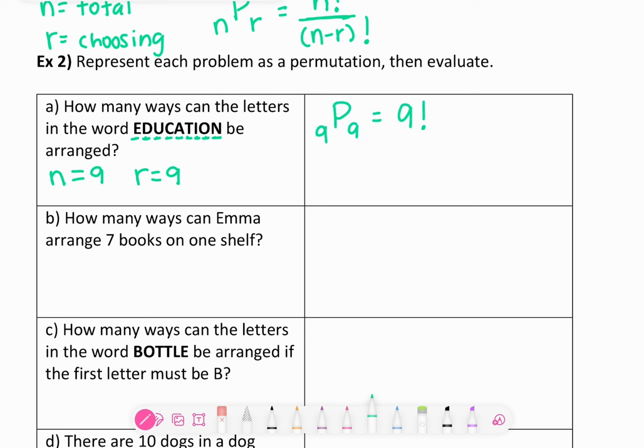So 9 factorial. Now, if you remember, on the front, we actually did 6 factorial. So 6 factorial is going to help us here because we can do 9 times 8 times 7 times 6, and we can go all the way down to 1. But because we did 6 factorial on the front, we can actually take that value of 720 and multiply 7, 8, and 9 to it. So 720 times 7 times 8 times 9, and we get